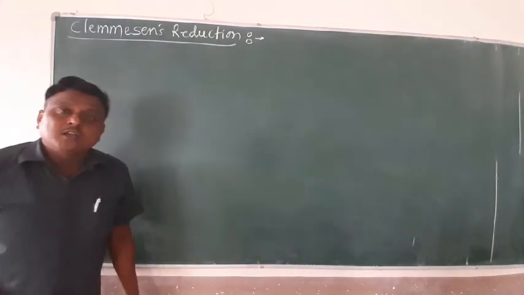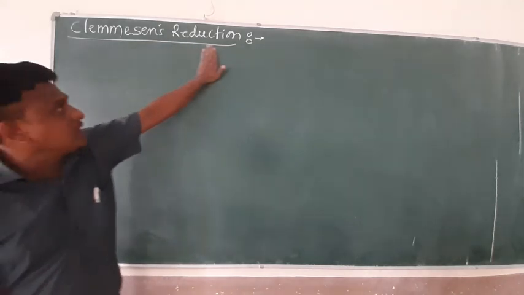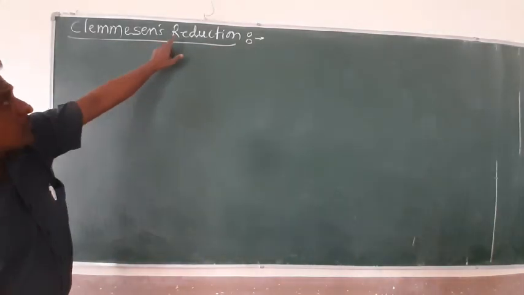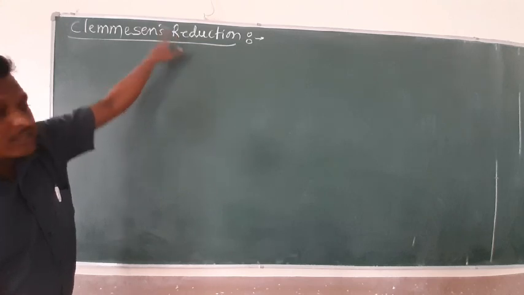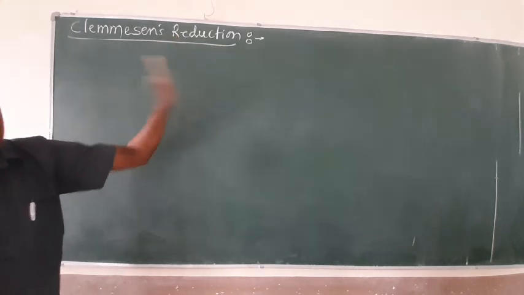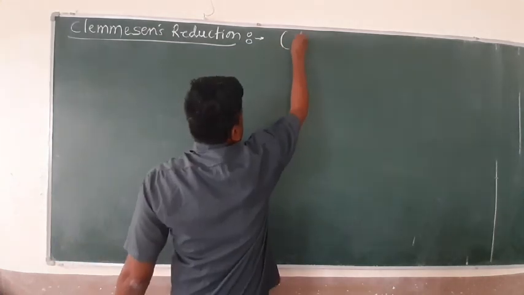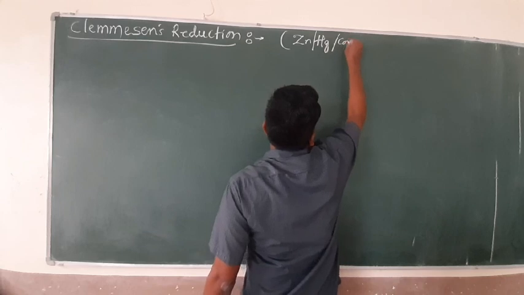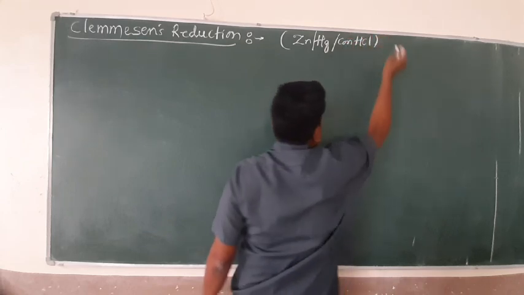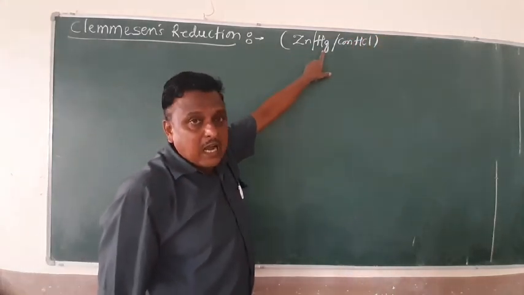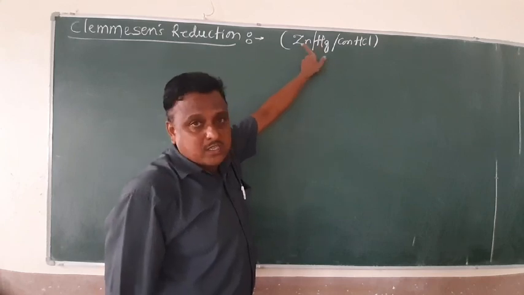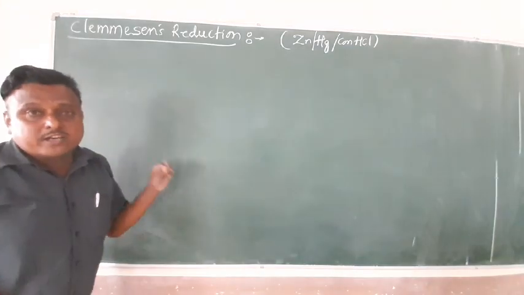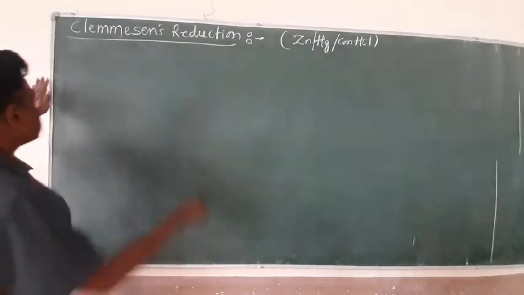Welcome to everyone. Now, dear friends, we have a very important naming reaction of the chapter aldehydes and ketones. I think all of you know the title itself indicates it is a reduction. Reduction means addition of hydrogen. Here we are using a reagent, zinc amalgam with concentrated HCl. Pronounce it carefully: zinc with mercury is called zinc amalgam. With concentrated HCl, it generates nascent hydrogen.